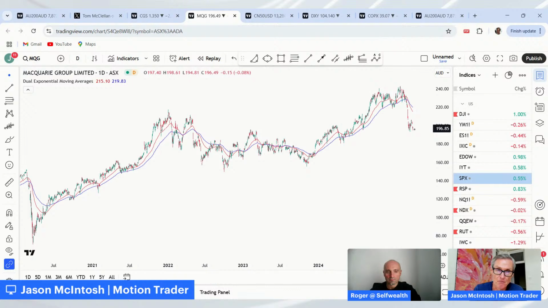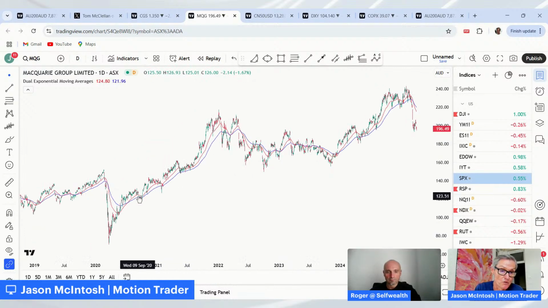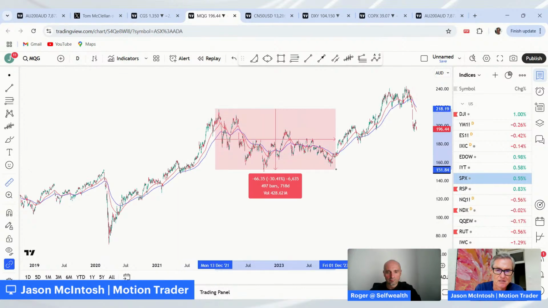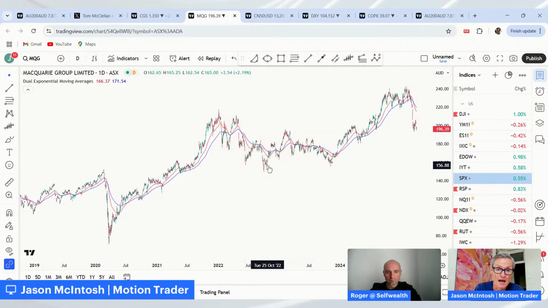If I had this, and I'm running a medium term view, maybe I've had this for a while. This is a sort of stock which could have been held since soon after the COVID crash. We could have got a signal for it with a wide trailing stop. All of this could have been just measuring everything. Oh, look, maybe that was too deep to sit through. It probably was.